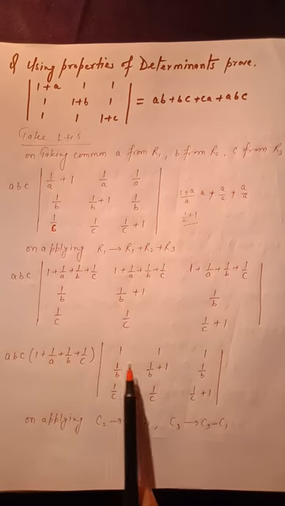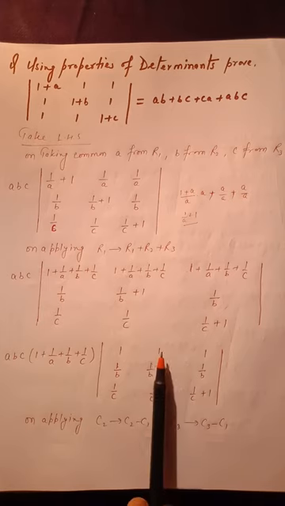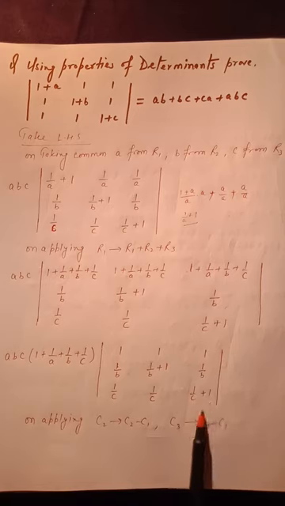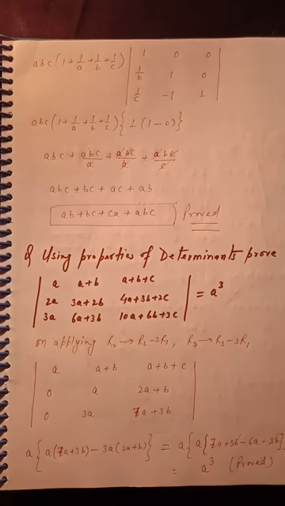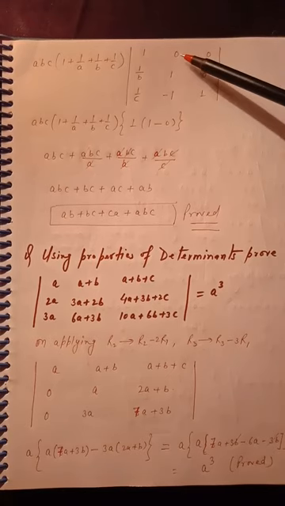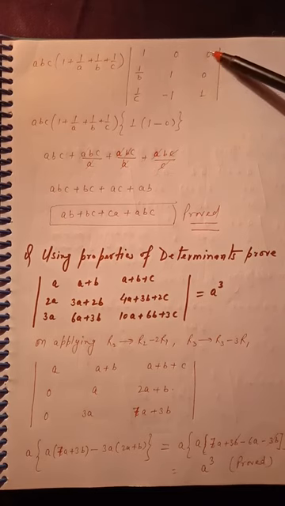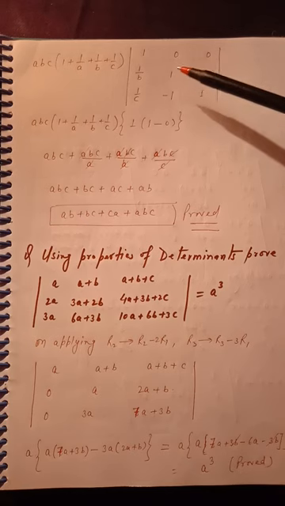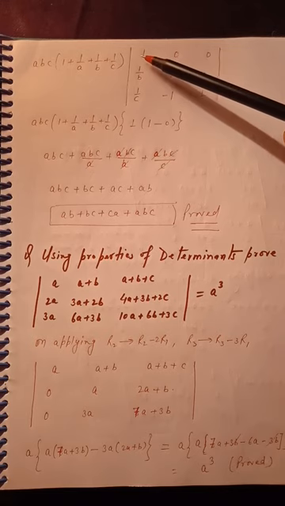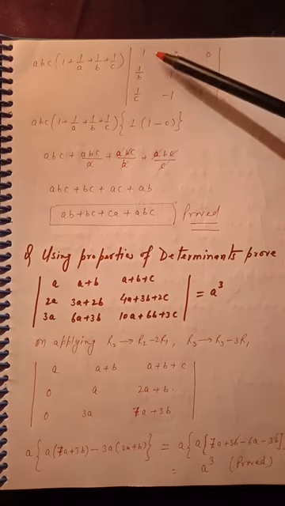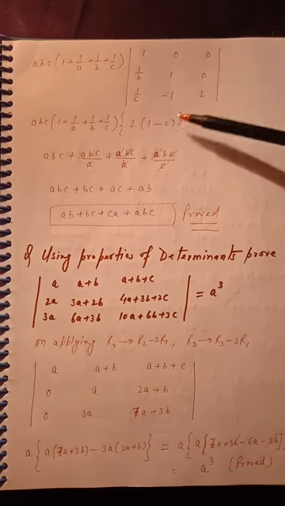Now make two elements 0. For this, write C2 equals C2 minus C1, so this column minus this column, and C3 equals C3 minus C1. In the next step, these two elements will become 0 because we are applying C2 equals C2 minus C1 and C3 equals C3 minus C1 on the previous determinant. When these two elements are 0, you write 1, delete this column, delete this row, 1 into 1, 1 minus, this will become 0.